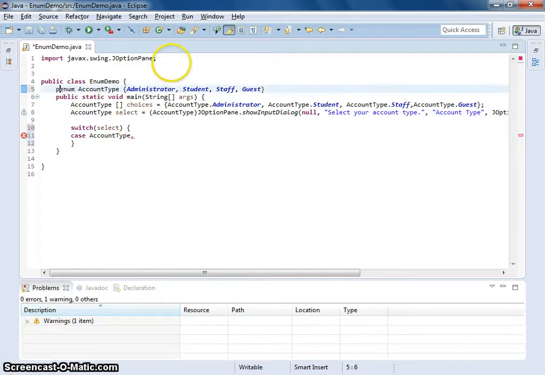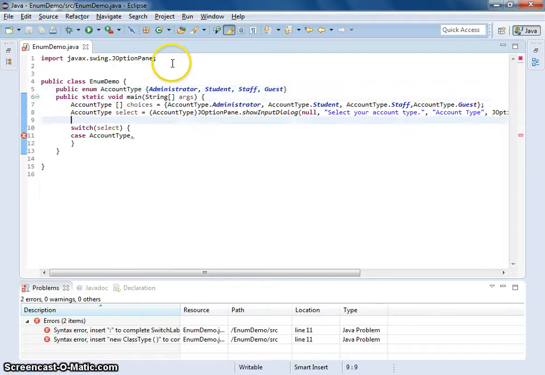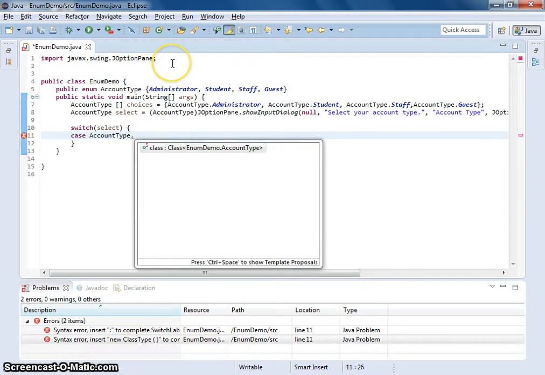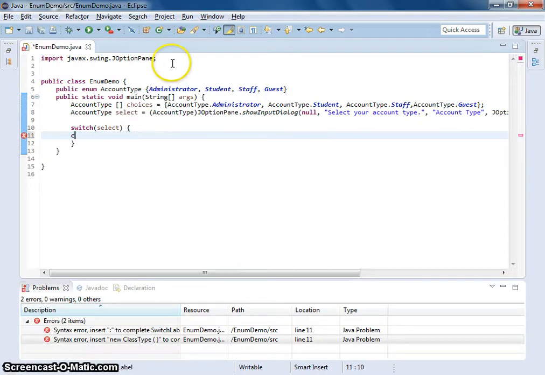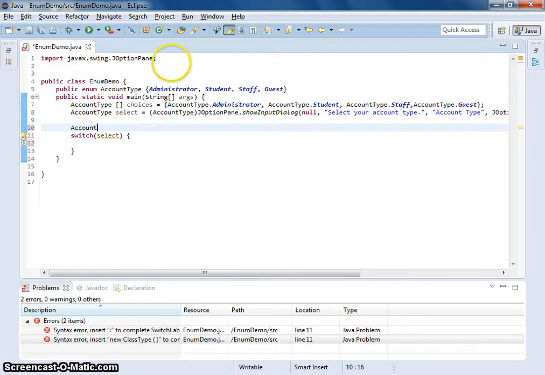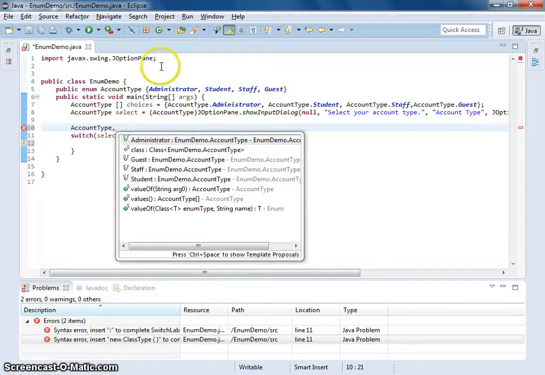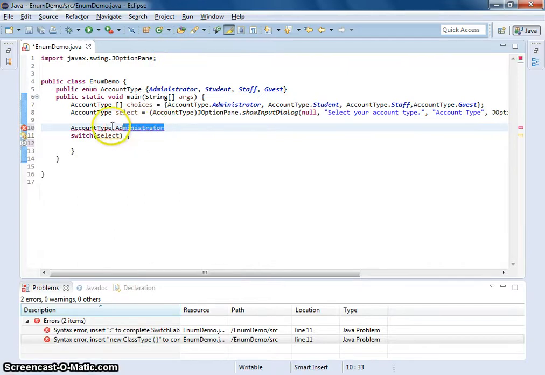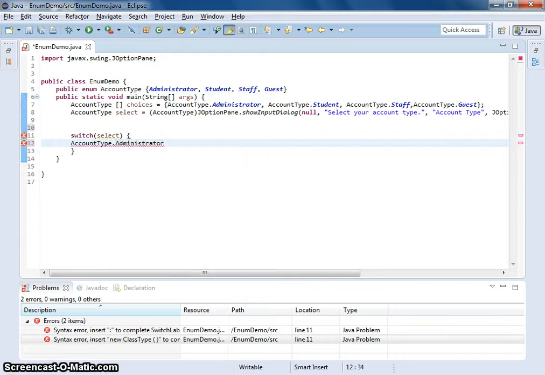Let me make sure I make it public, because it's not being seen. Let me test right here. So we're seeing it right there. So now when we get into switch, there you go. Now we need to say, so switch comes with case